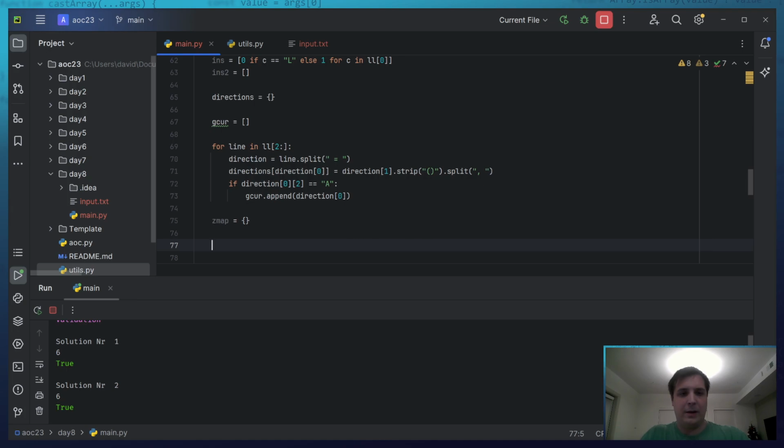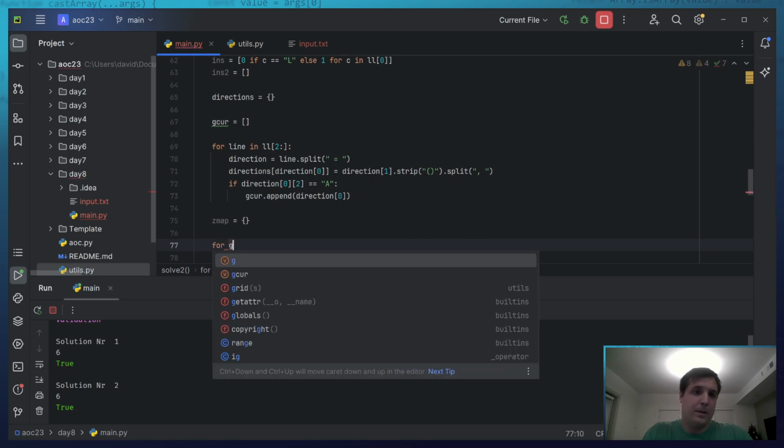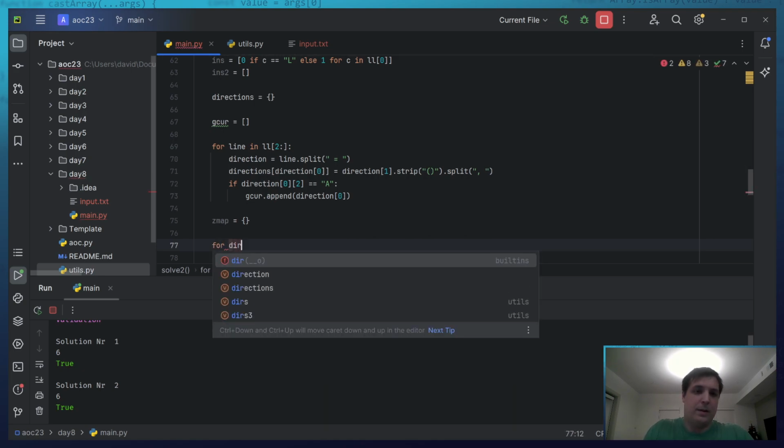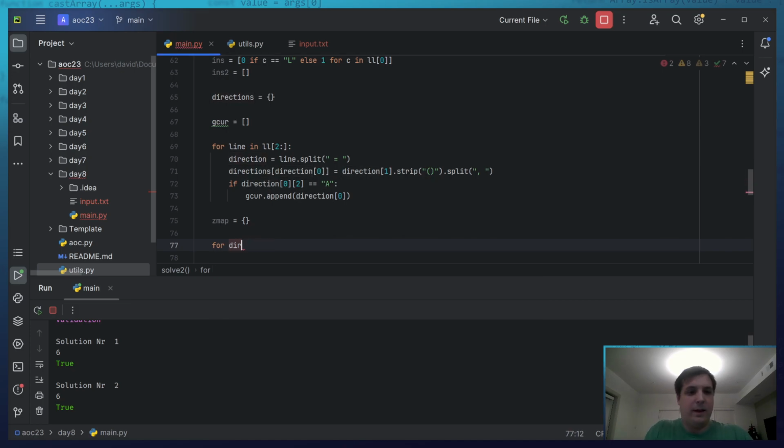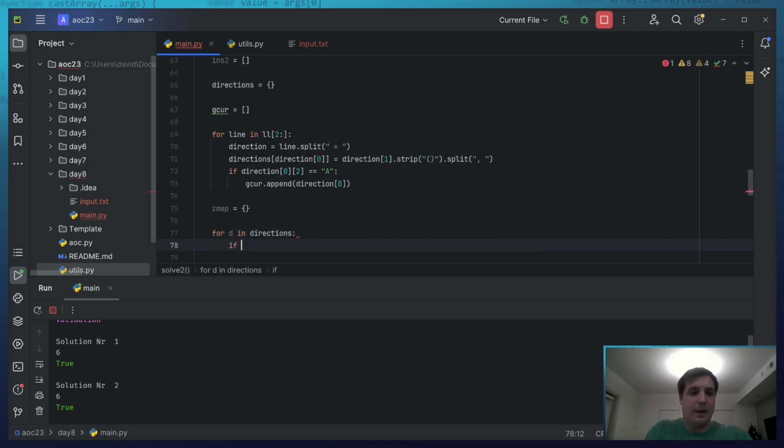And then we're gonna look again. And then we're gonna see what's happening. So for direction, for D in directions, if D, technically I also need to do that for the ace, but I'm gonna think about the ace in a second.